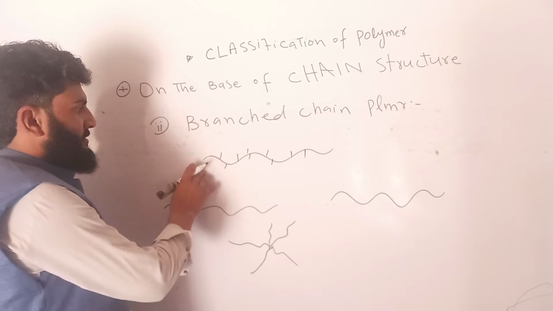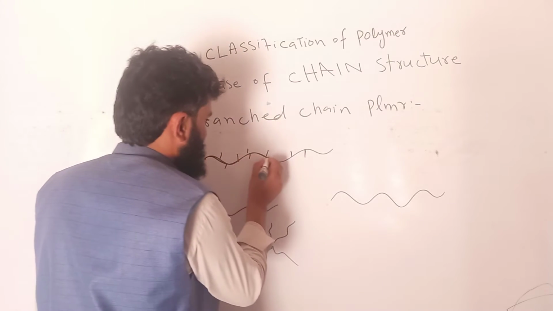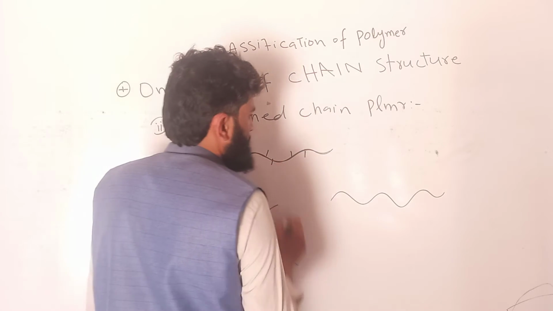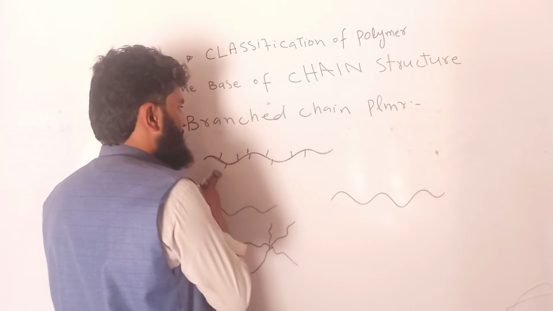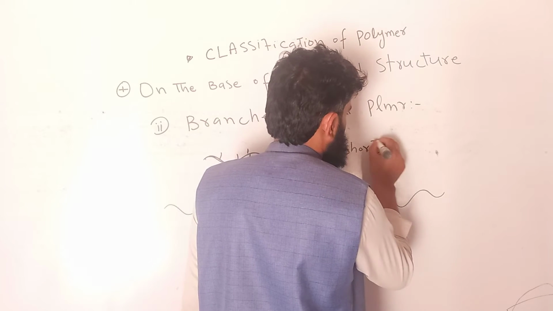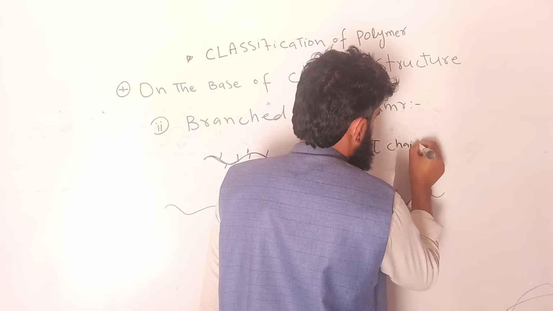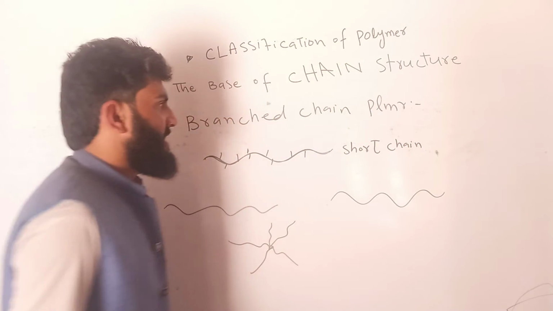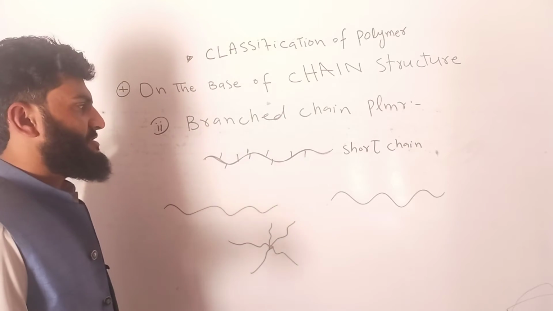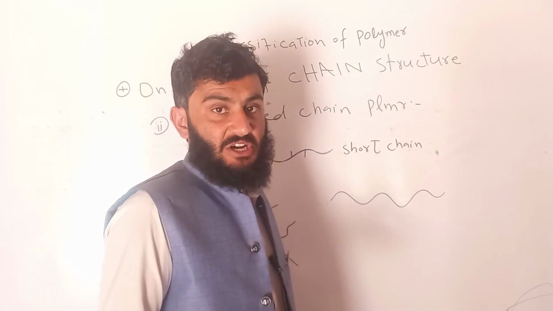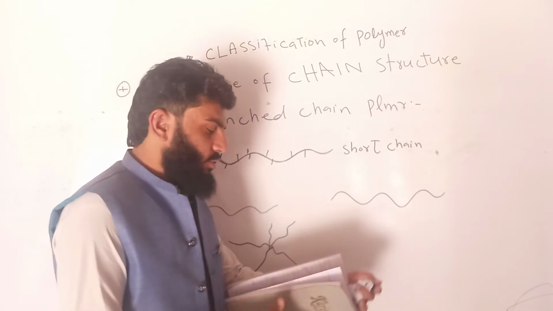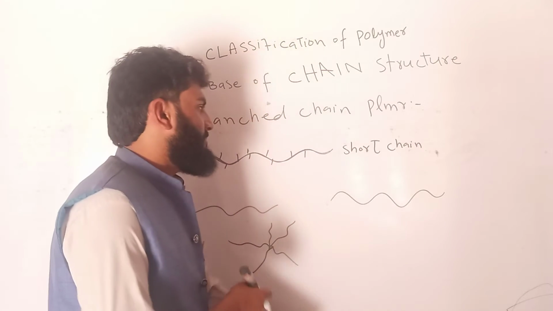Here there is a main skeleton, and you can see some branches. So such types of branched polymer are known as short chain branched polymer, or short branched polymer, clear? As the name indicates, short branched polymer,